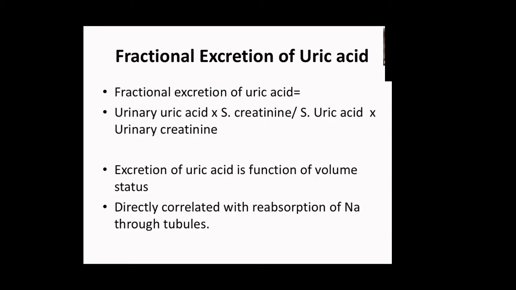If the fractional excretion of uric acid is more than 10, this means the body volume status is fine. The body is excreting too much uric acid in the urine. Fine. So the fractional excretion of uric acid is high because the numerator is urine uric acid. Got my point? So this is seen in euvolemic states, like cerebral salt wasting syndrome and SIADH. In these conditions, you get high fractional excretion of uric acid. Cerebral salt wasting syndrome is basically a hypovolemic hyponatremia, but atrial natriuretic factor is stimulated, so you get a lot of sodium in urine. So fractional excretion of uric acid is high.